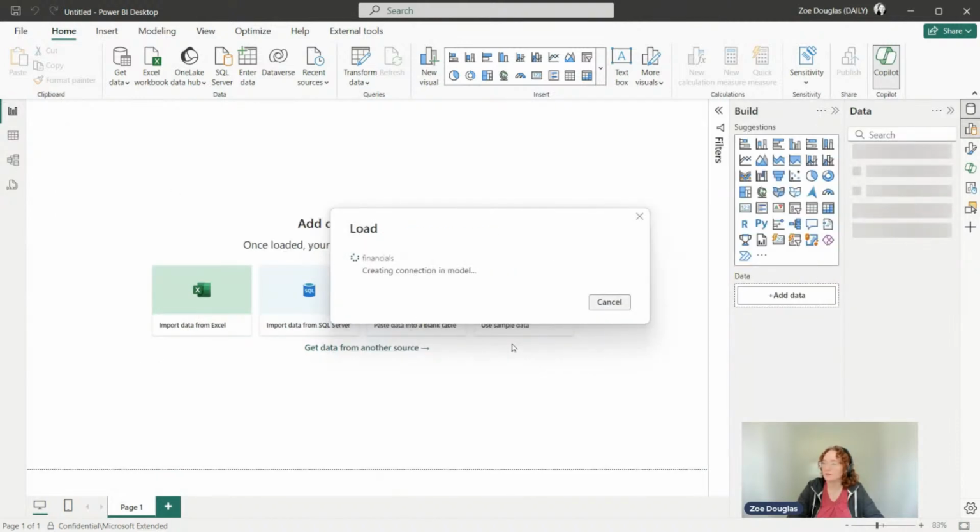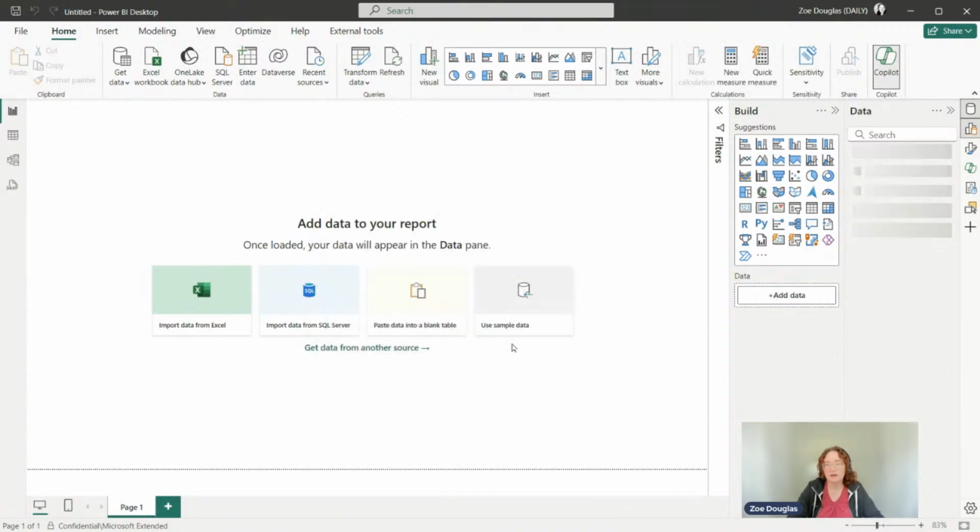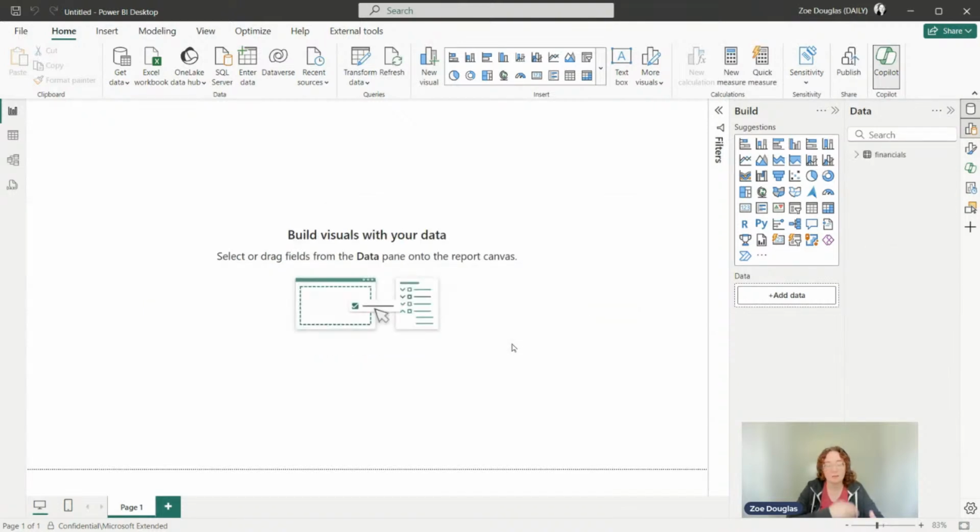There it goes. Another thing we have coming in the pipeline for DAX Query View: right now you have to have the data in Power BI Desktop. You have to be editing the model and creating that semantic model with the report to use DAX Query View. But we want to bring it to live connected. So if you are just live connected to a published semantic model, we want to give you DAX Query View to help you